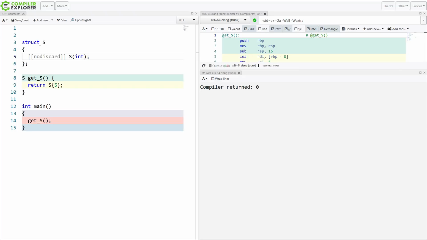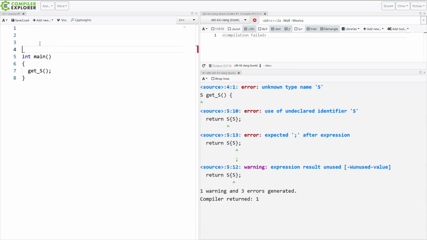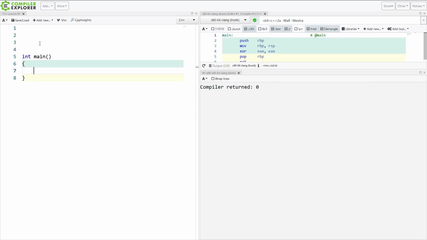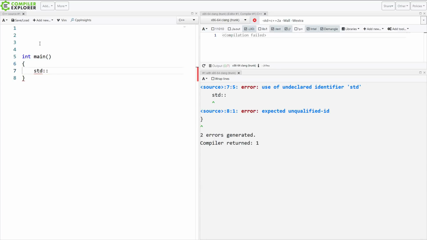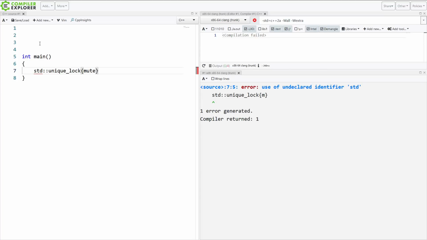And the idea is for constructors that do something. They acquire some sort of resource or something like that. So if we want to take these examples away and just put in some pseudocode here, and if I did something like try to get a unique lock on some sort of a mutex, this is going to return an object. This is a constructor call, that is. And I have just acquired a mutex and then thrown that result away. This is a perfect application for where we would want to see a nodiscard constructor.